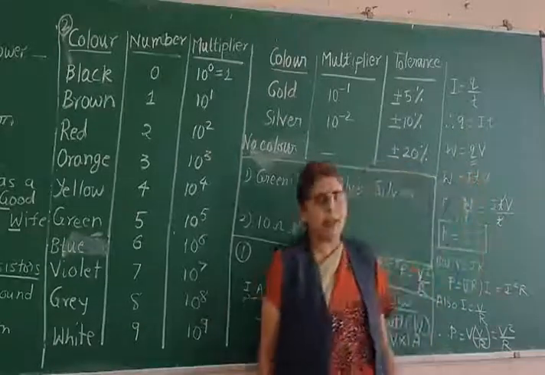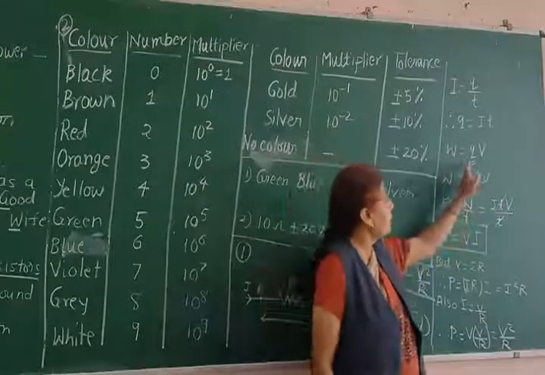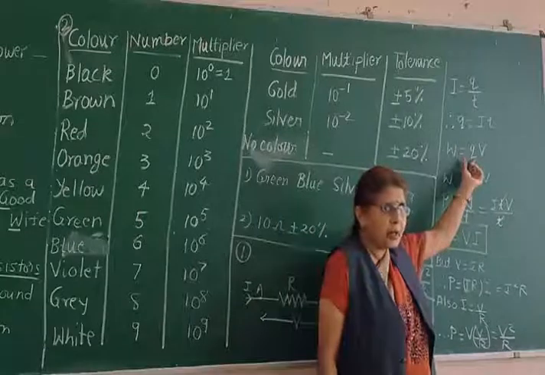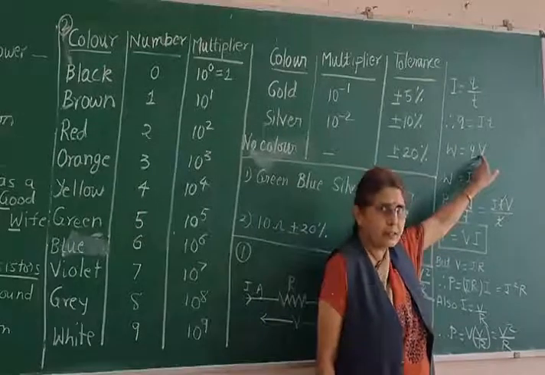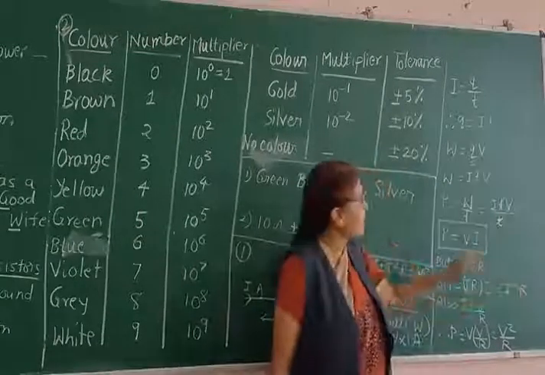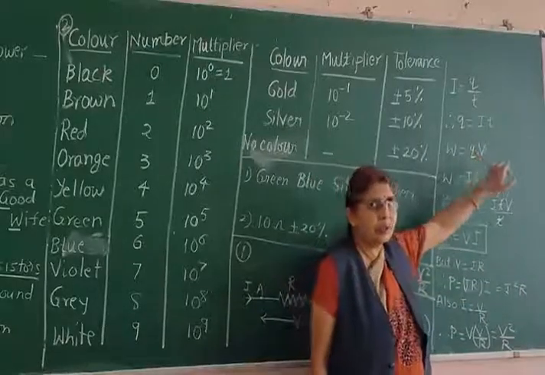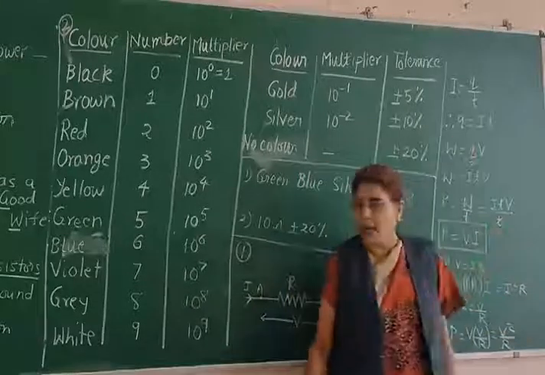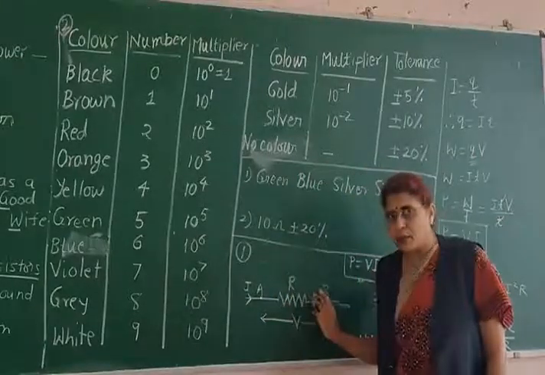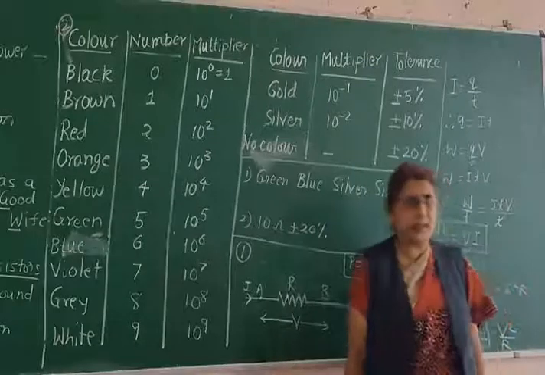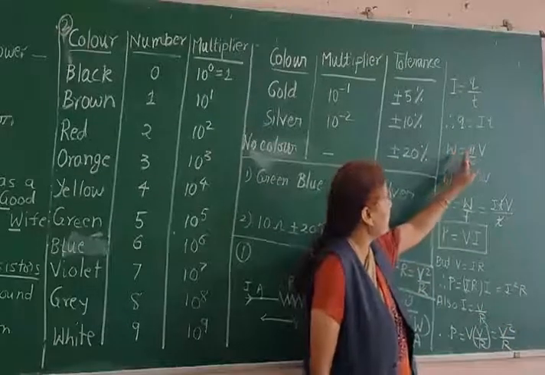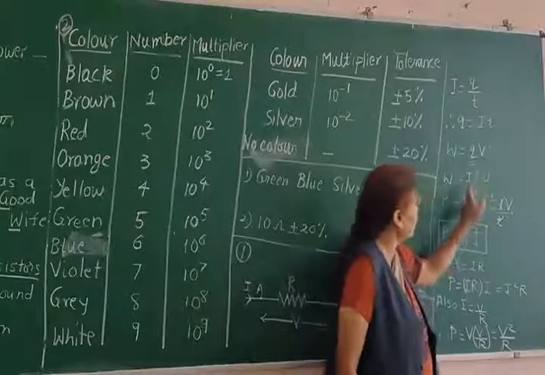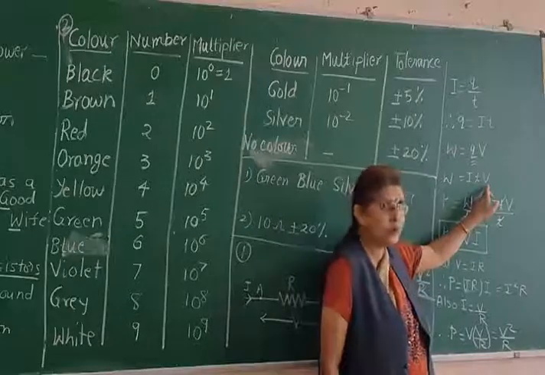Then in the second chapter we have learned the equation W equals Q into V. What is this equation for? Suppose a charge Q is moved under a potential difference V, then the work done is given by W equals Q into V. This is from the second chapter, so we shall use this concept now. To move the charge Q from A to B, you are doing a certain amount of work. What is the work done? Work done will be nothing but Q into V. Put the value of Q, that is I t. So you will get W equals I t into V.